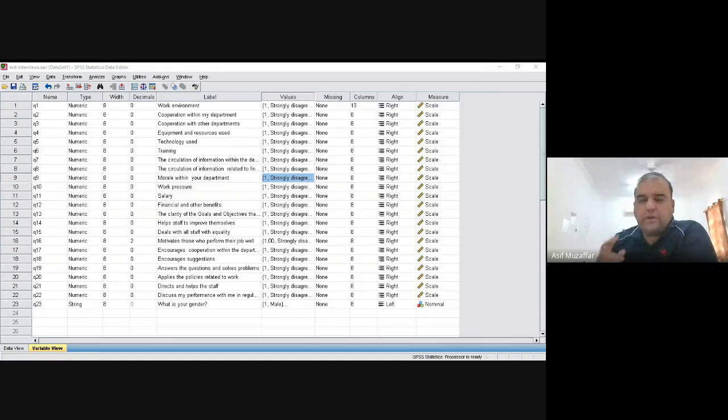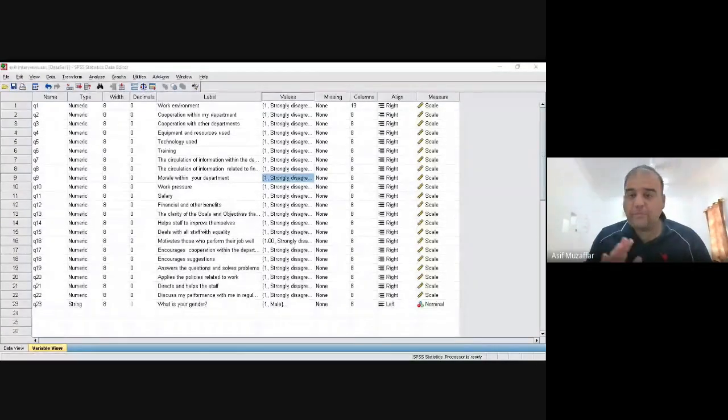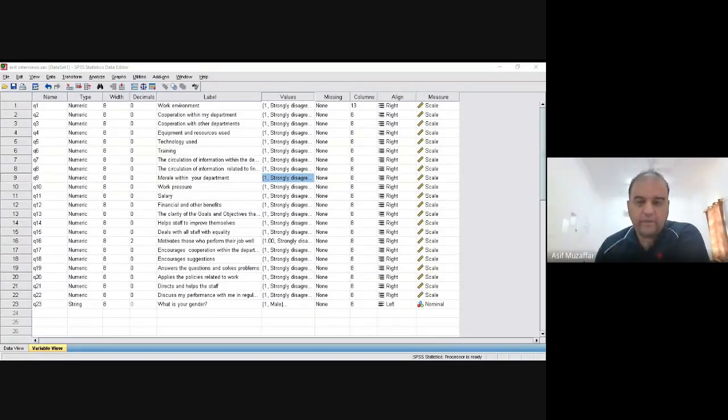No, okay, there are two things. For example, when you are collecting the data, you may have entered the string. If you have entered the string, then you have to transform it first, because SPSS doesn't know strings. Please keep this in mind. SPSS will not recognize words. SPSS, remember, is a computer software. So you have to change it into 1 and 2 for doing statistical testing. So that is why even when you take the data in Google Forms, it will be in the form of 1 and 2 when you have given a Likert scale there.